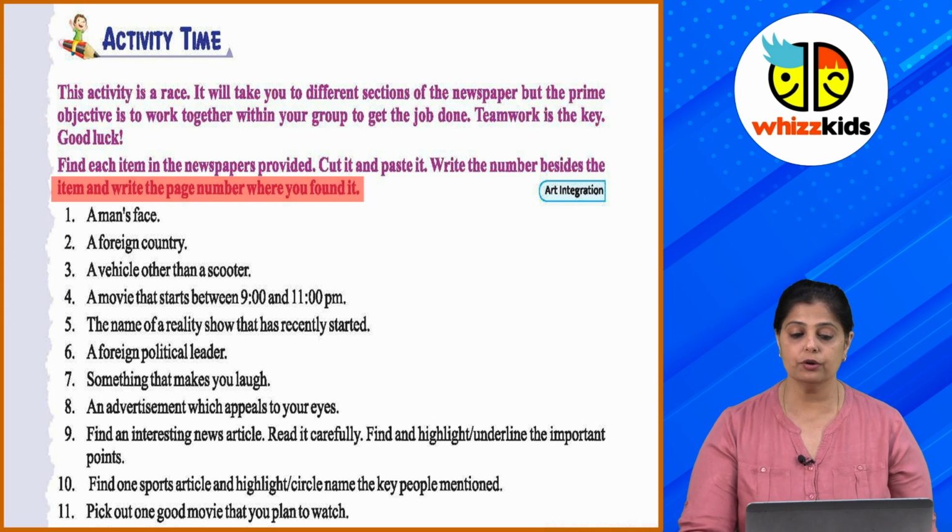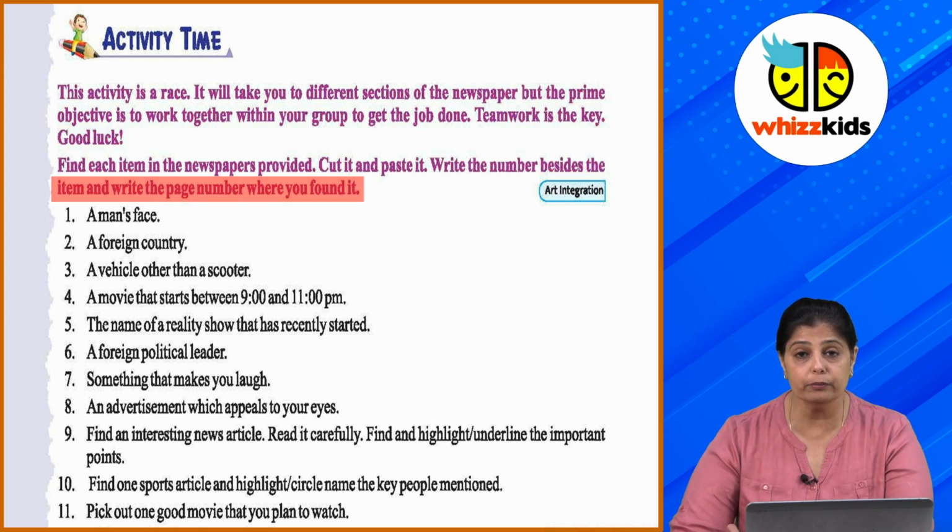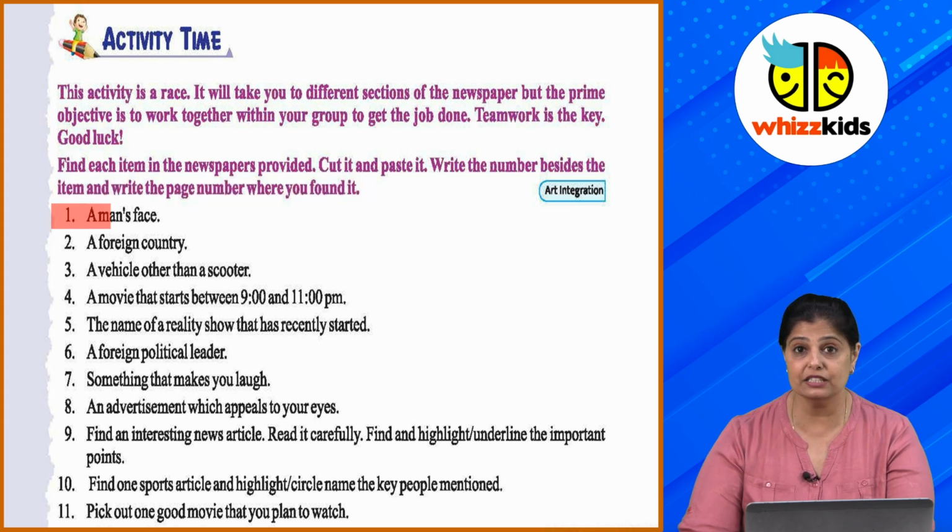Okay? So you have to find each item from the newspaper, cut it and paste it. Like a man's face, a foreign country, vehicle other than a scooter, a movie that starts